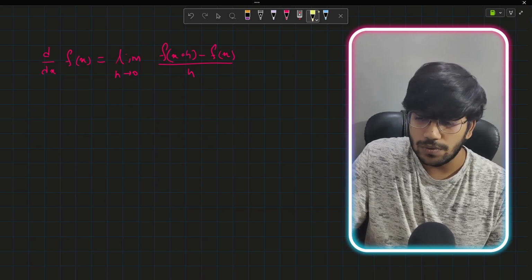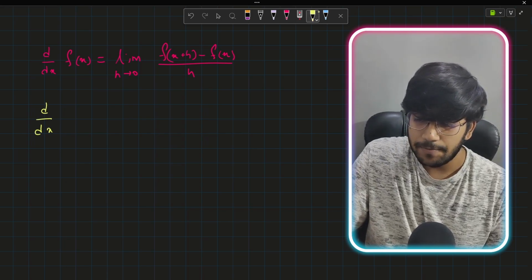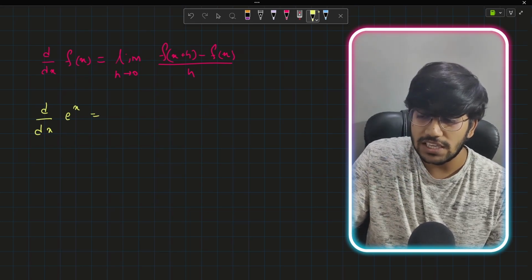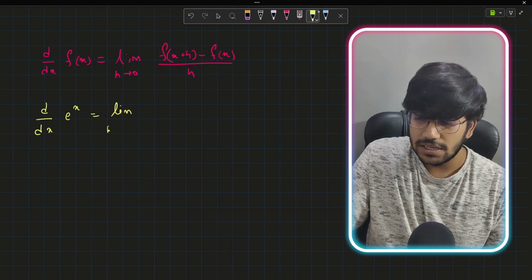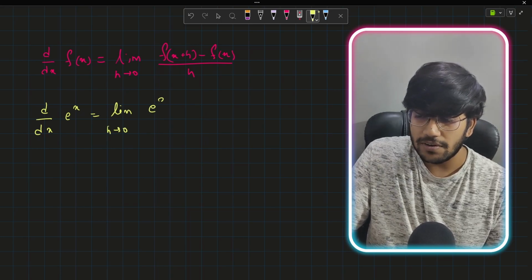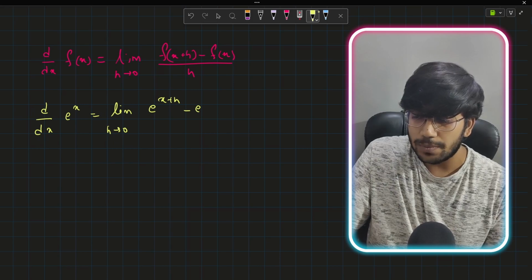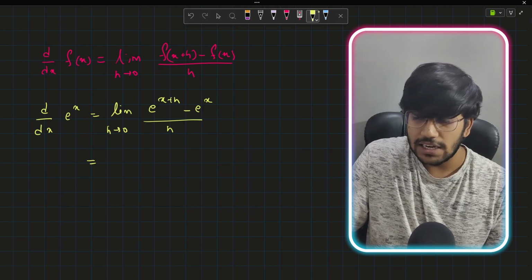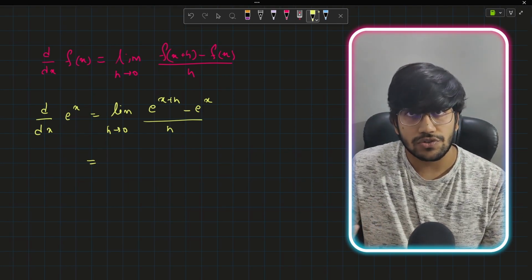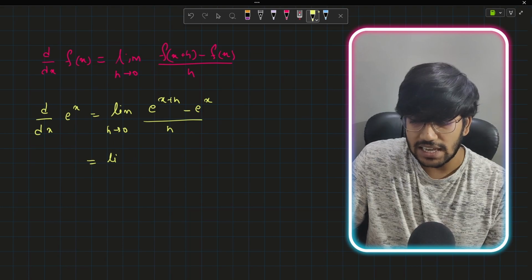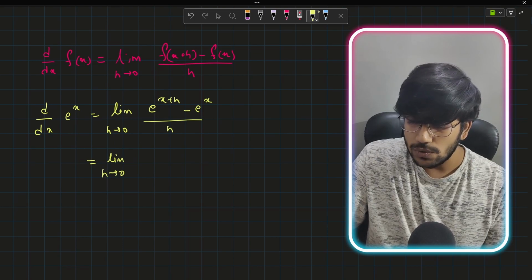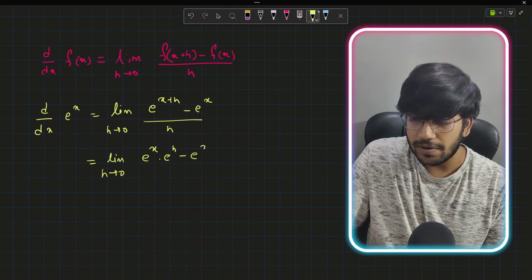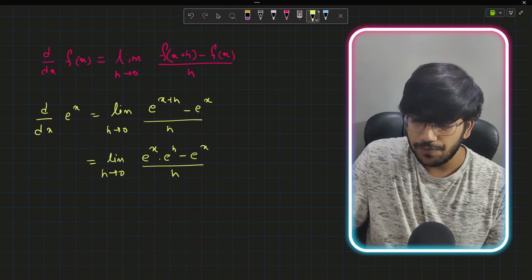So in our case what we wanted to find is d by dx of e to the power x. So what this actually gives is limit h tends to 0, e to the power x plus h minus e to the power x over h. Fine. And if you know the laws of exponents, you can rewrite this as limit h tends to 0, e to the power x times e to the power h minus e to the power x over h,